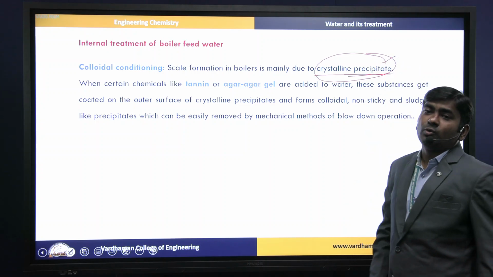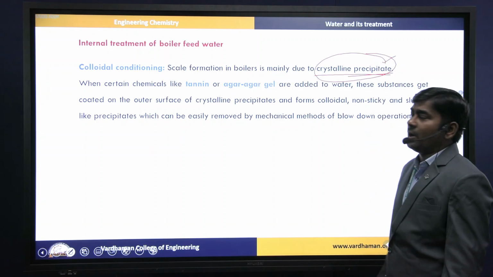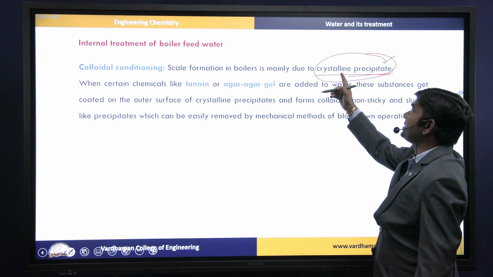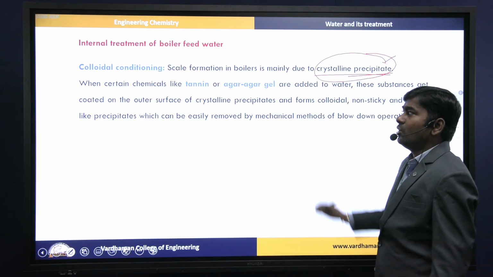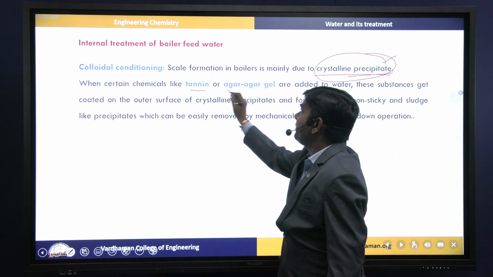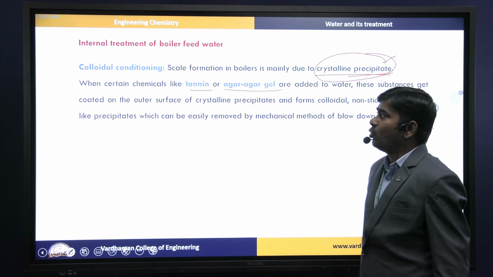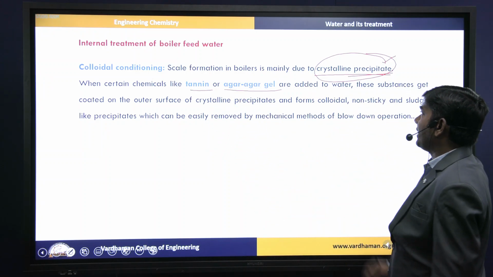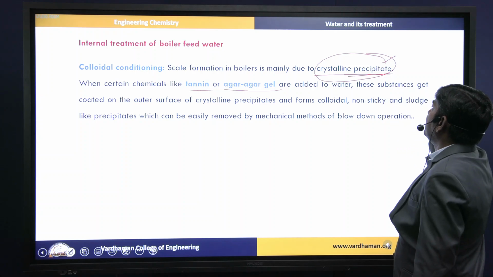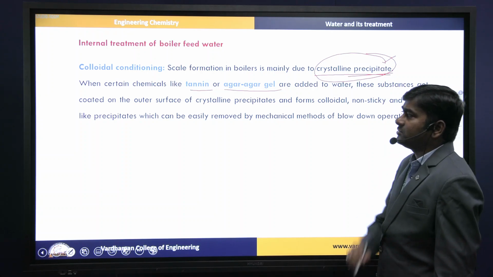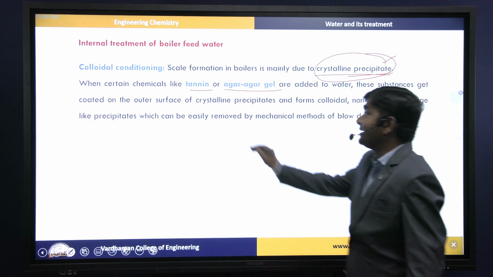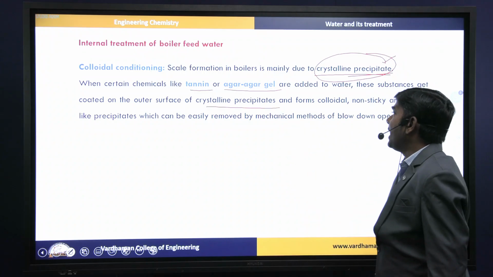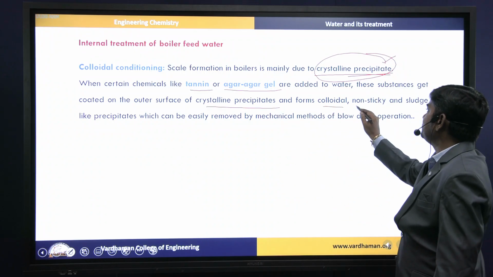So here, to stop scale formation, what are we targeting? Crystalline precipitates. By adding tannin and agar agar gel, these substances get coated on the outer surface of crystalline precipitates